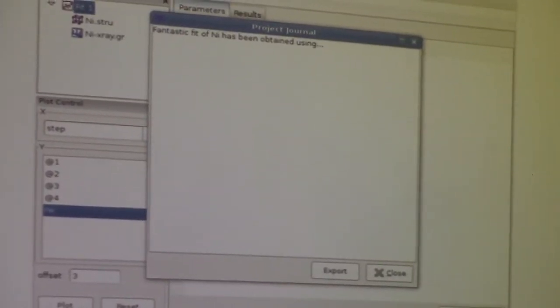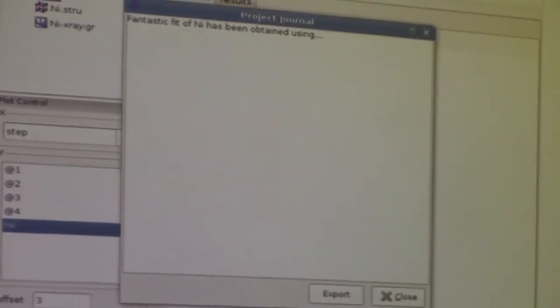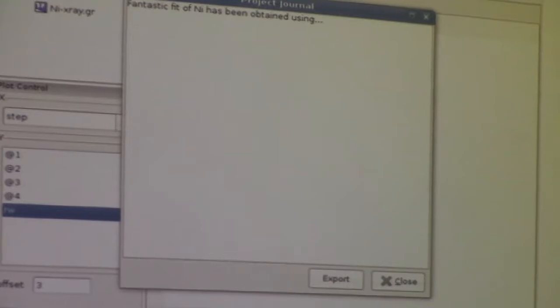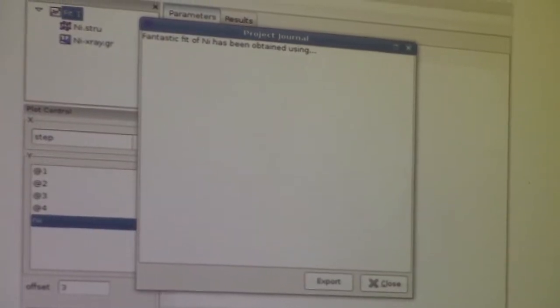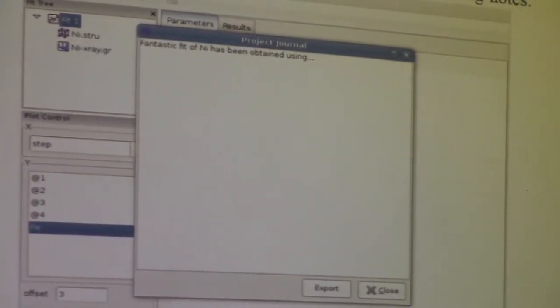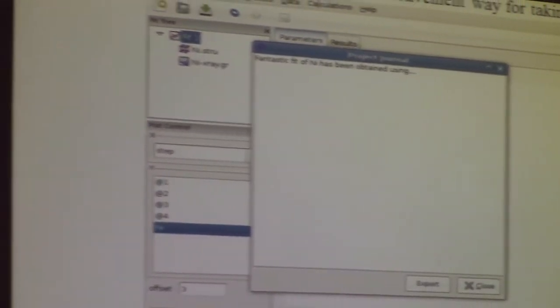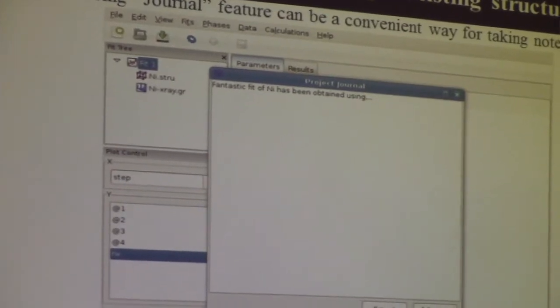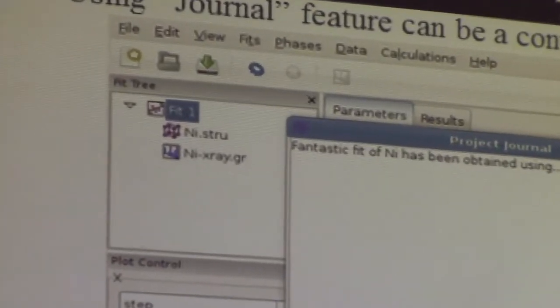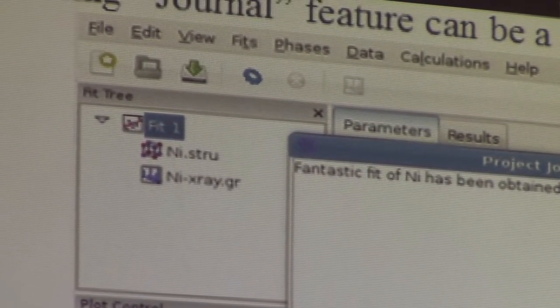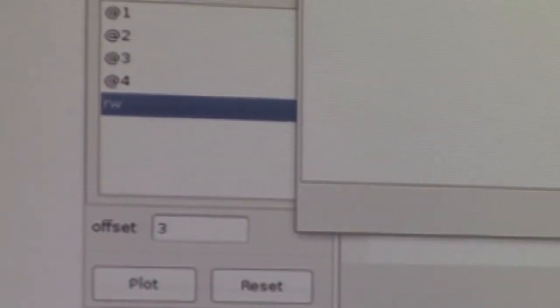Now, there's one thing that's not shown here, which is extremely important, and that is that sometimes PDFgui crashes. And if it crashes, all of your work is gone. But you can save the current state of your work in a project file. If you go to File and click on File, you get a drop-down list. One of the options is Save Project. What you want to do is pick a name. You guys are all good at picking names now. You pick a name and save it, and it has a file extension .ddp. And it contains a complete state of your